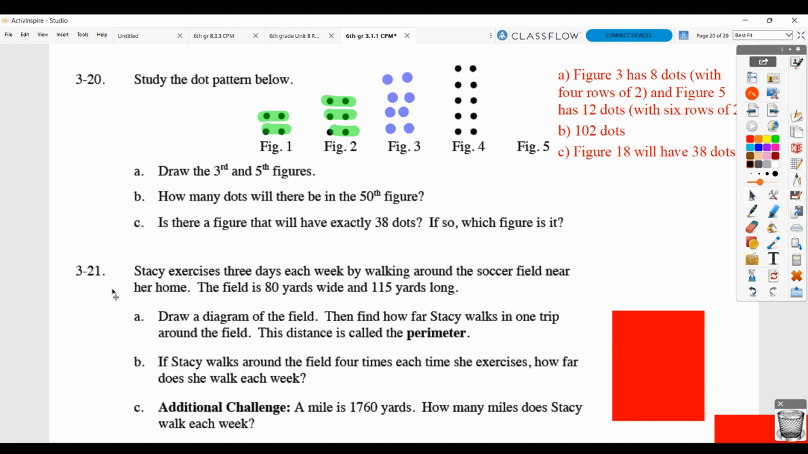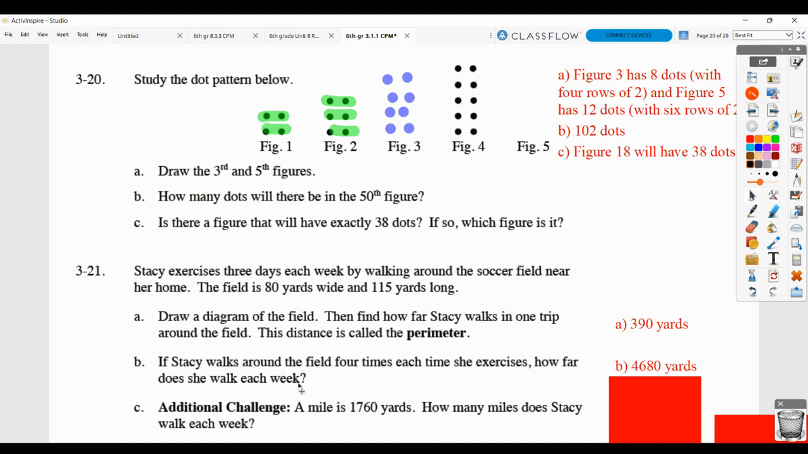For 3.21, draw a diagram of the field. So make a sketch that shows this field, and then find the perimeter. So again, I've got the answer, but you need to make sure you drew the diagram and showed how you got it. 80 plus 115 plus 80 plus 115, and then of course the right label. And then if she does that 4 times each time she exercises, how far does she walk? So again, I would want to see that you took 4 times,